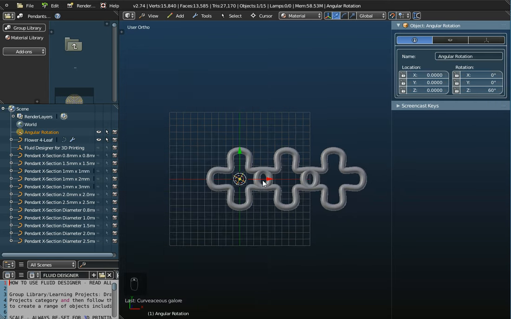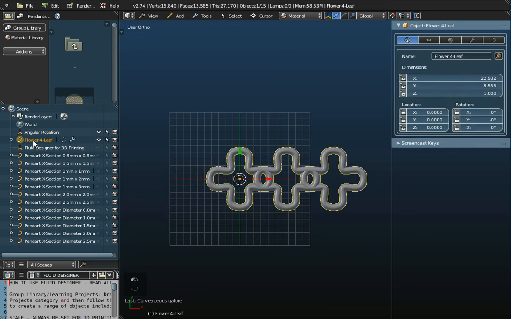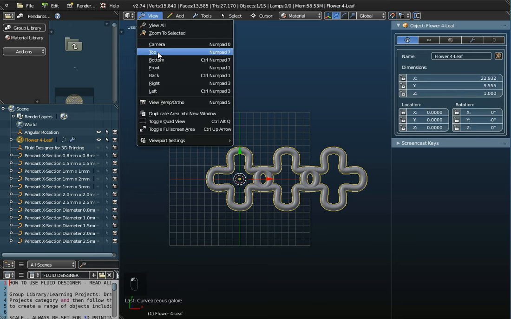So in other words, we should be able to create 6 copies of this original pattern to create one complete circle here, if Z is 60. And if I go back to the flower 4-leaf object, our initial curve, and view it from the top again,